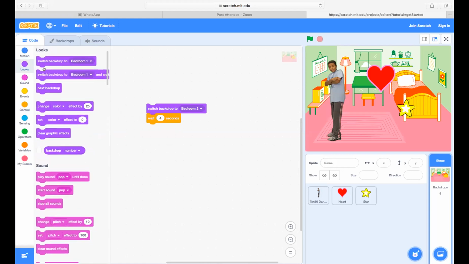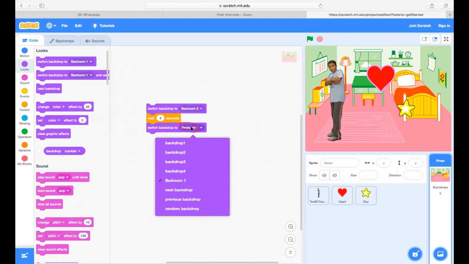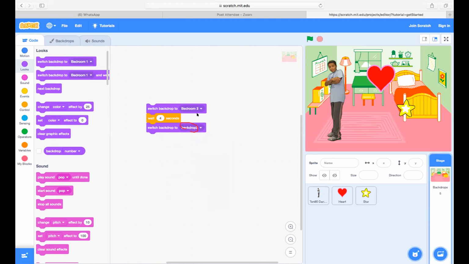Switch backdrop. Not this one. Click over here and select backdrop 2. Sir, the upper one is also backdrop 2.